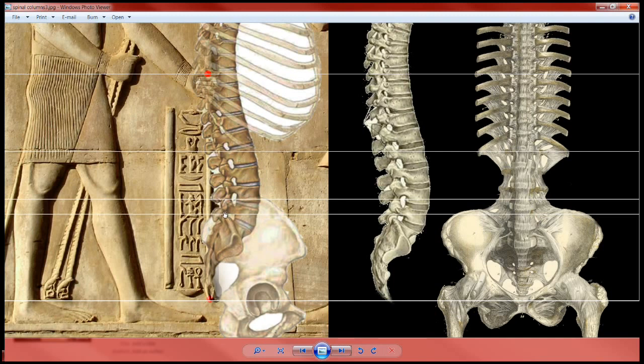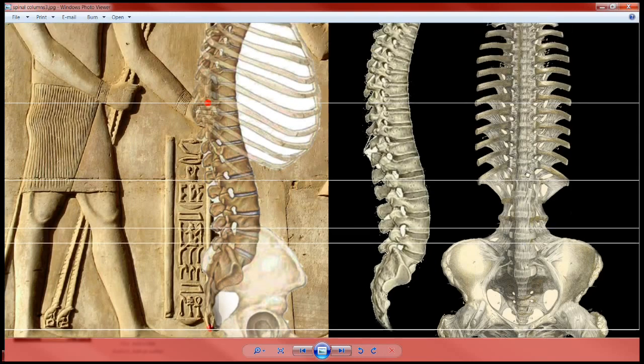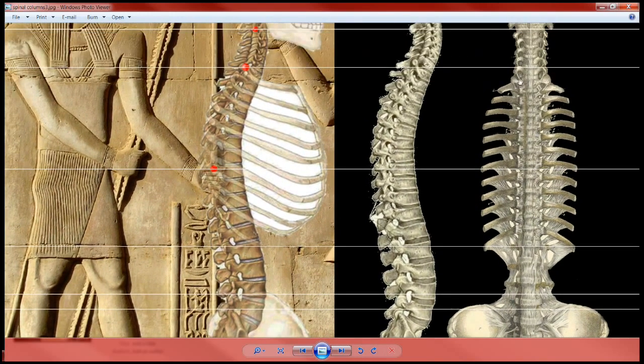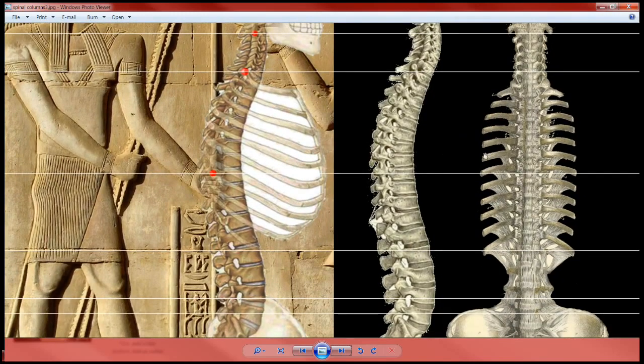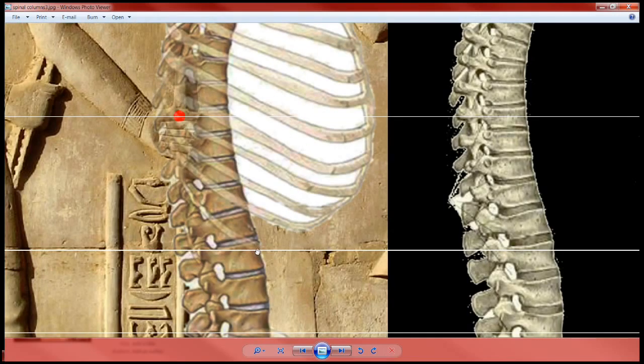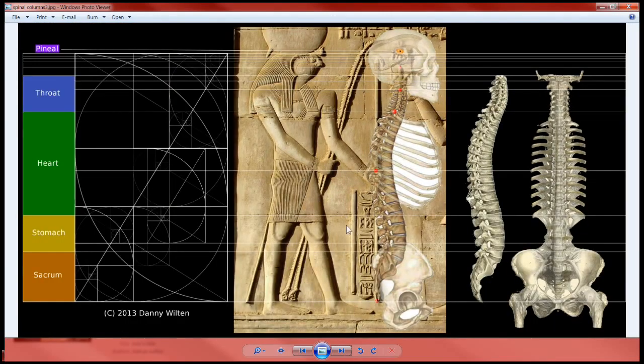So I can see that this is the top of the sacrum, but it seems to be located right here where I can't see it. But it's also helpful to be able to see this up and down, or anterior-posterior as well. You're going to see now, I'll notice that the rib cage right here follows the same line as what you see right here, and the bottom rib is also, the way they are attached, they're attached up here, but the rib comes down here. But you're going to notice that where the rib ends is the same place where the rib ends right here. And so all of these lines that you see,